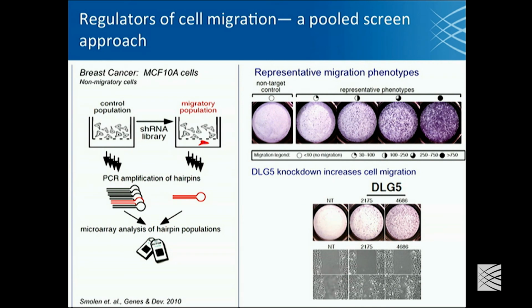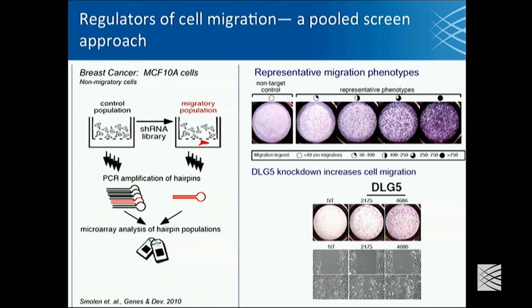Another assay is cell migration using Boyden chambers. In Boyden chambers, you basically seed the cells in a chamber that is suspended above a well. And the invasive cells are actually able to move through these membranes. So using this technique,